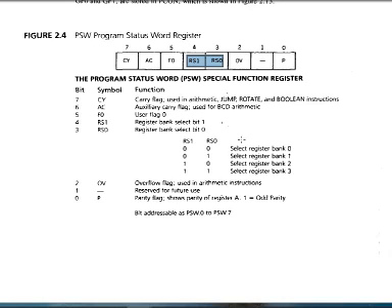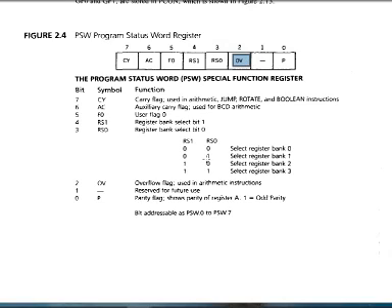Now next bit is, yes, it is given here also, that select register bank 0 if RS0 and RS1 is 0. Otherwise for 01 it will select bank 1, 10 bank 2 and 11 bank 3. Now the next bit is overflow flag bit.